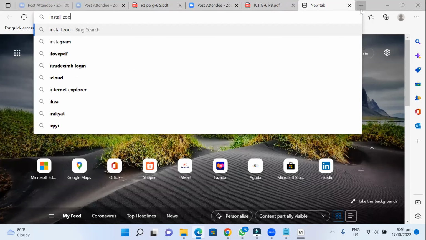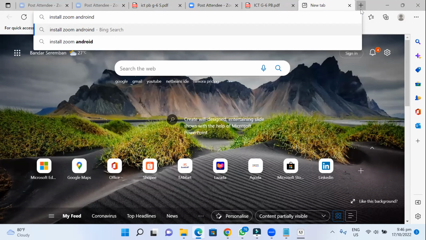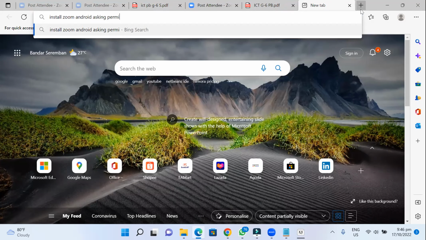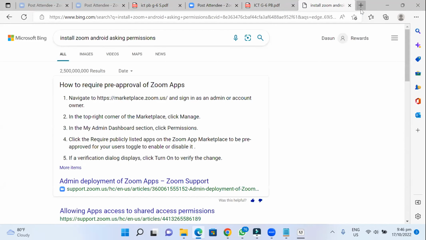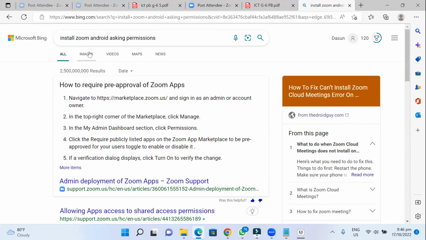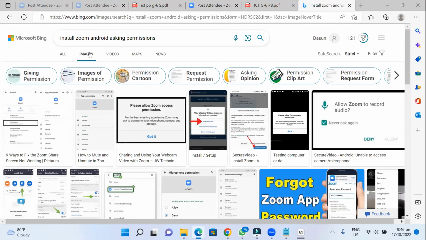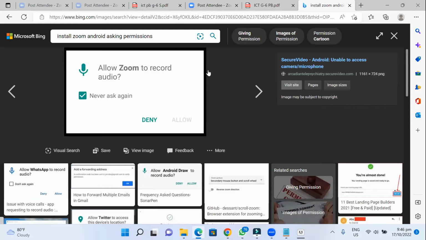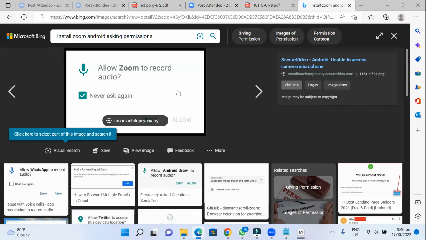Here, install Zoom. So let's say in Android, it asks for permissions. Normally, have you seen something like this? Here, allow Zoom to record video.